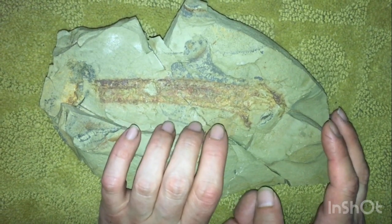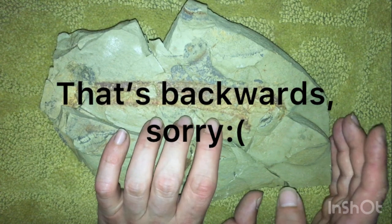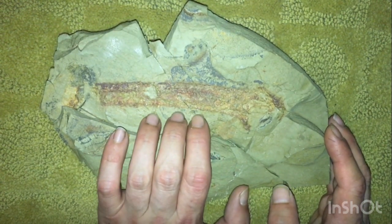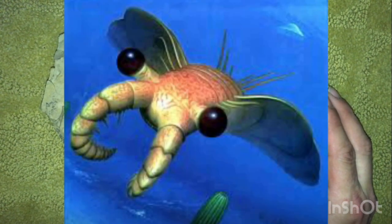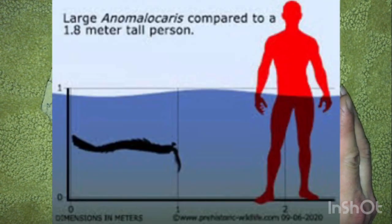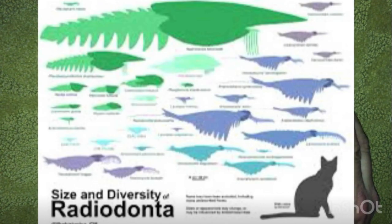Now, this is the largest known radiodontid in the anomalocarid family. Far, far larger than any of the other ones. The main anomalocarid, which is like the poster boy for the whole radiodontid group, only got to about 1 meter, a little bit bigger. Most anomalocaridids, I mean, they were tiny, a little bit bigger,